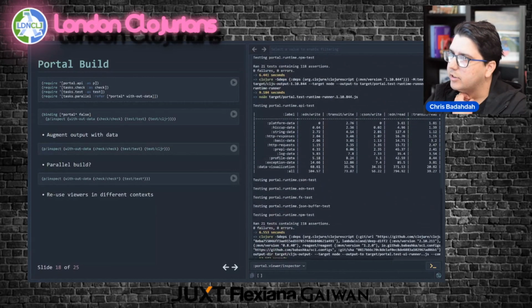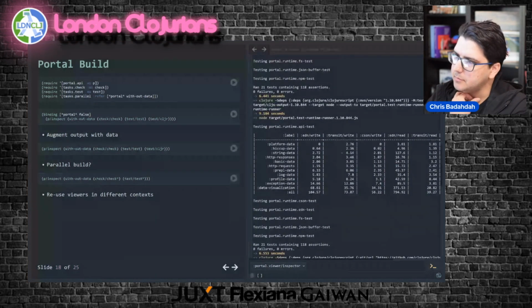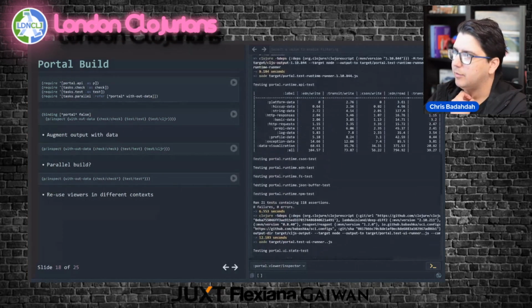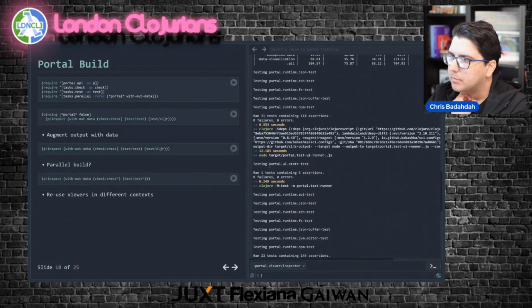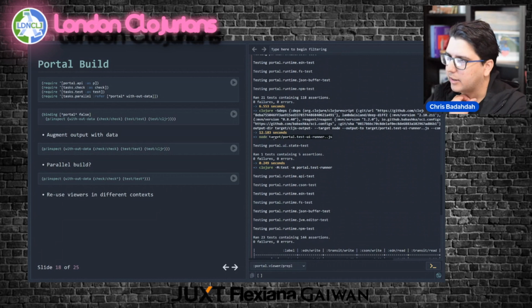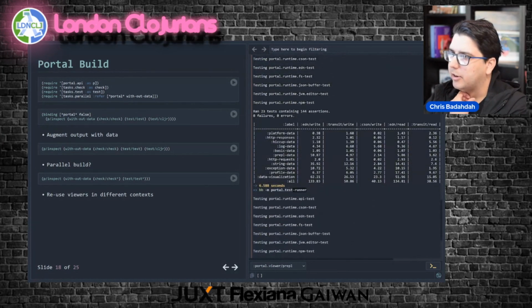Here you can also see there's test output. There's a node build that's running tests and then running this performance benchmark, and it's running it in different versions of ClojureScript. It's running some UI tests in Node as well, and then it runs it in Clojure, and it runs it in Babashka.